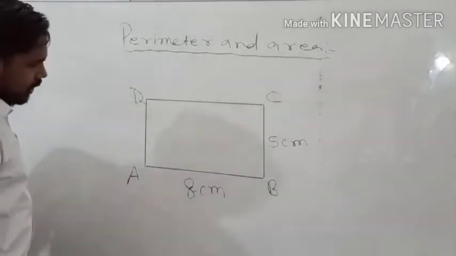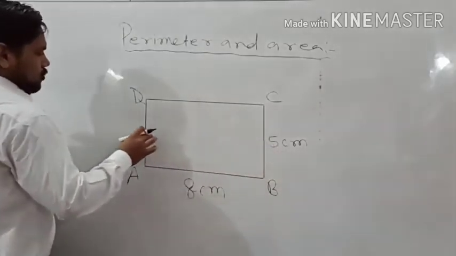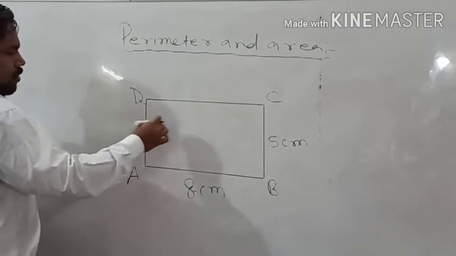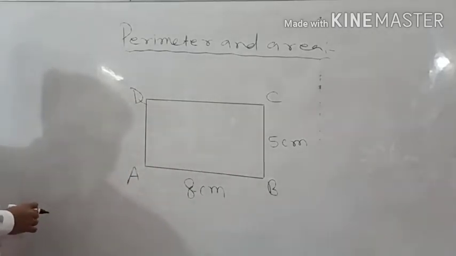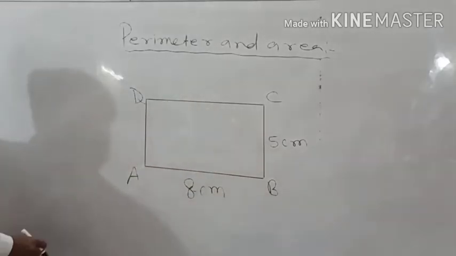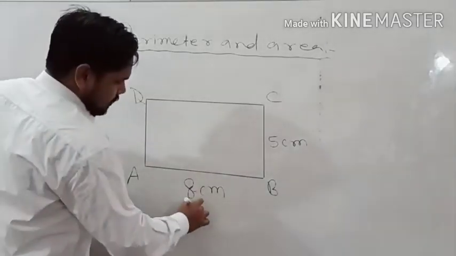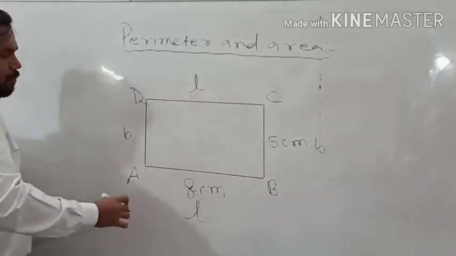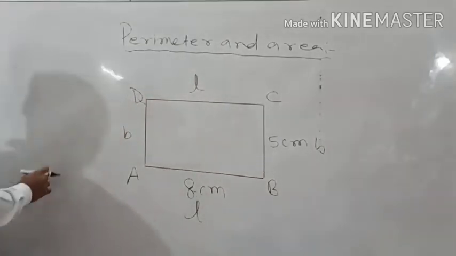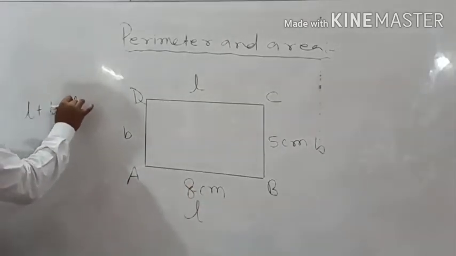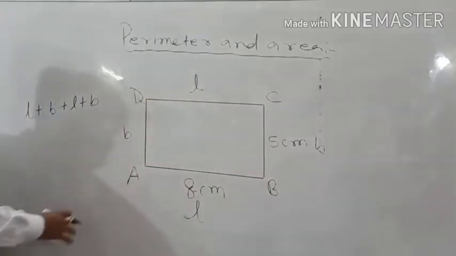In case of a rectangle, we know two sides. This is breadth, and this is also breadth. So two times breadth are there, and two times length are also there. We can prove this as well. Suppose this is L and this is B, and this will also be L and this will also be B, because the same length will be on these two sides also. So the perimeter will be L plus B plus L plus B, the sum of all the sides.